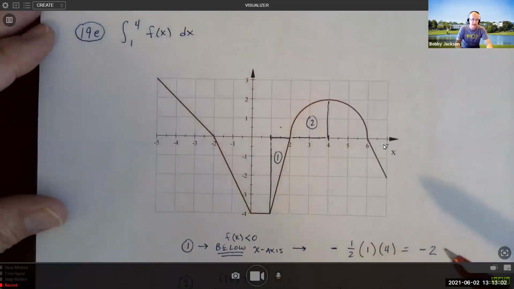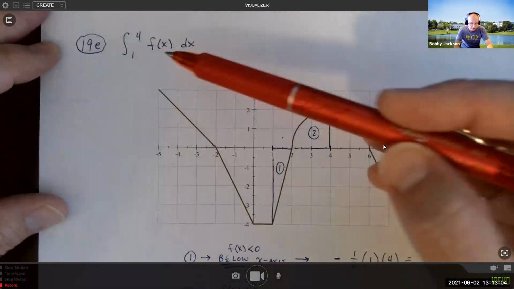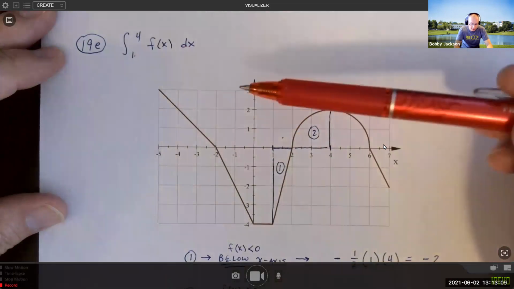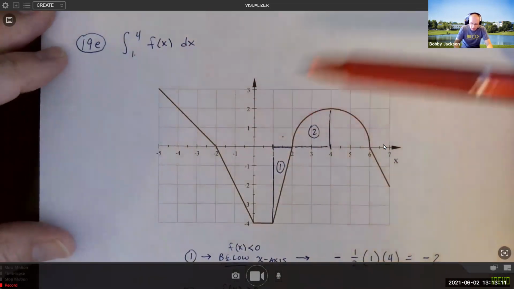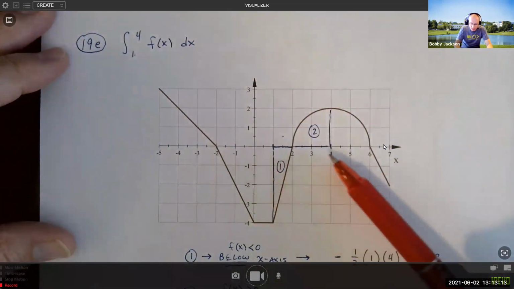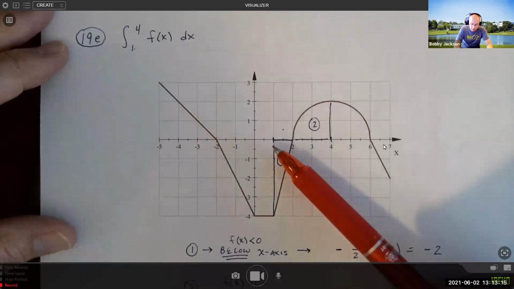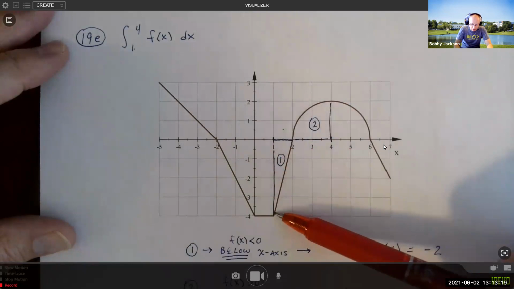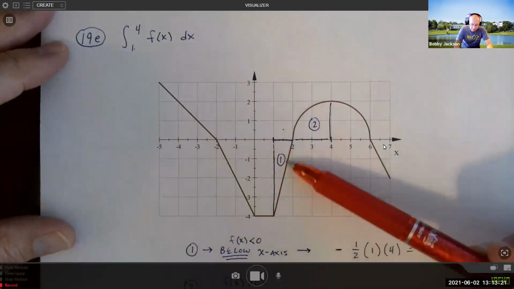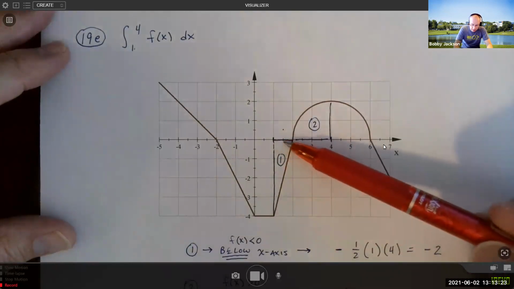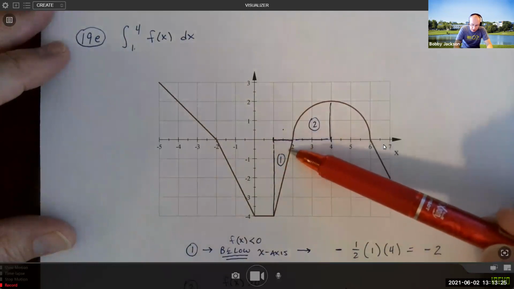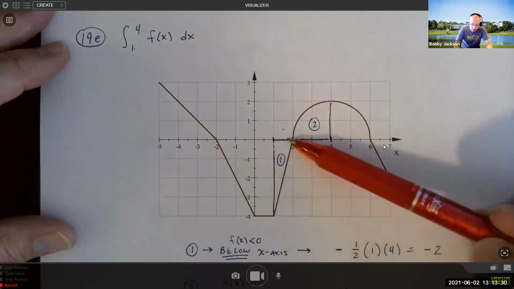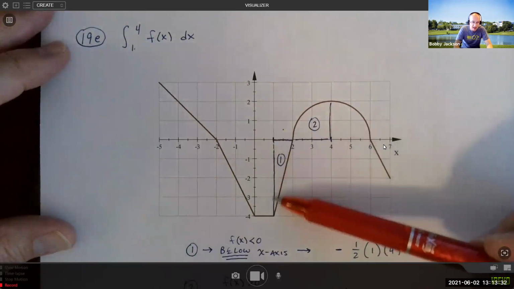I'm going to look at 19e, which is to evaluate the definite integral from 1 to 4 of the function f of x. Okay, so we're going from x equal 1 to x equal 4 over that interval. So what's happening? Well, let's break it up into two parts, right? From 1 to 2, the graph of the function is below the x-axis, right? And remember what that means. The definite integral will evaluate this region, this triangular region here, what I'm calling region 1, as a negative quantity,